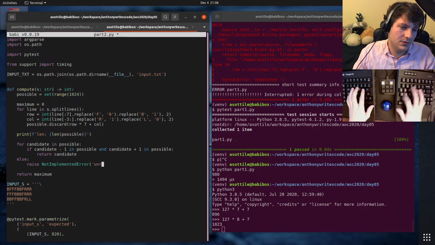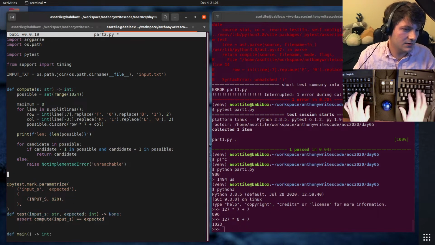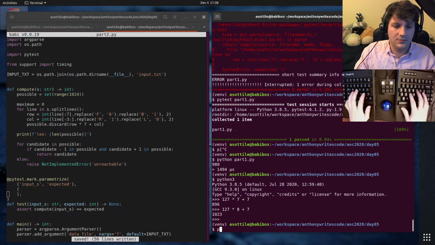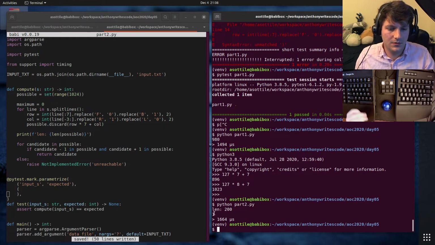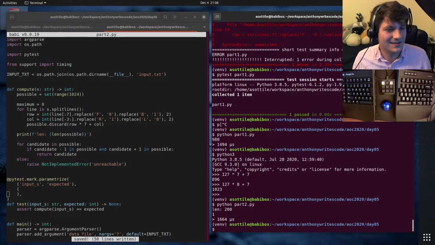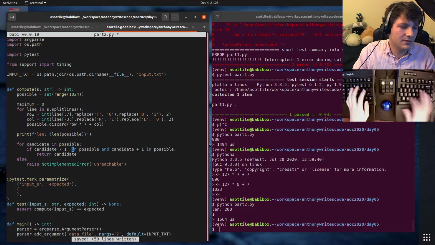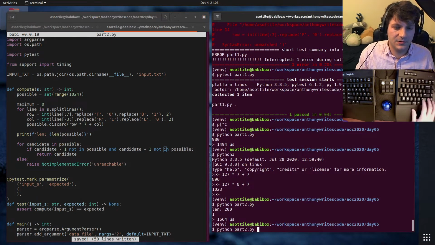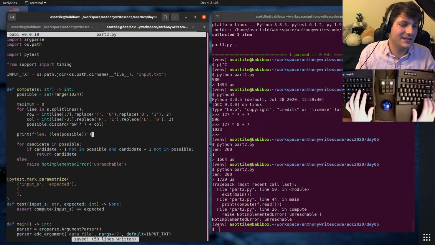Error. And we don't actually have a test case here, so delete our tests. Oh, we want not in, not in. Candidate minus 1 not in possible, and candidate plus 1 not in possible. Well, that's great.